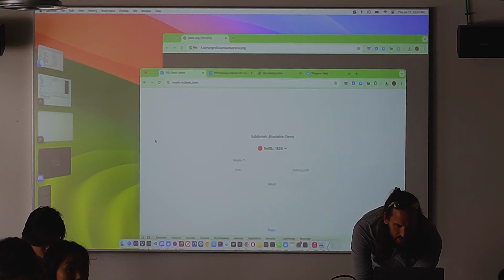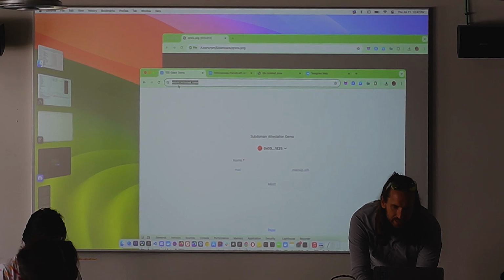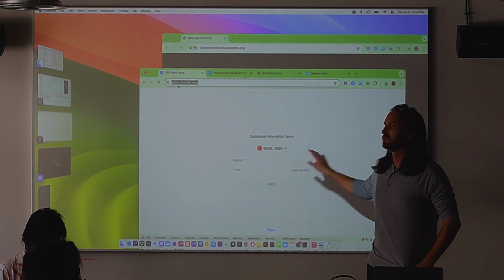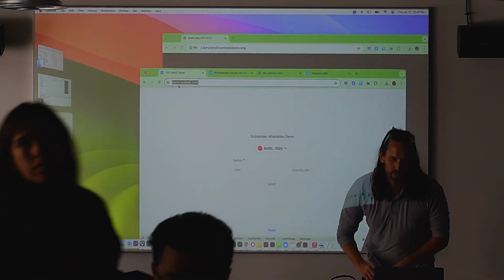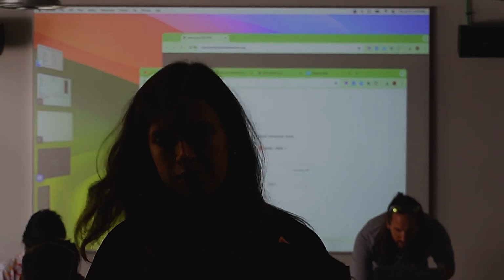TEE.Salon coming up. It's wasm.isolated.zone. Did it work for you? Okay, so I'm going to create a domain right now. I'm just going to create